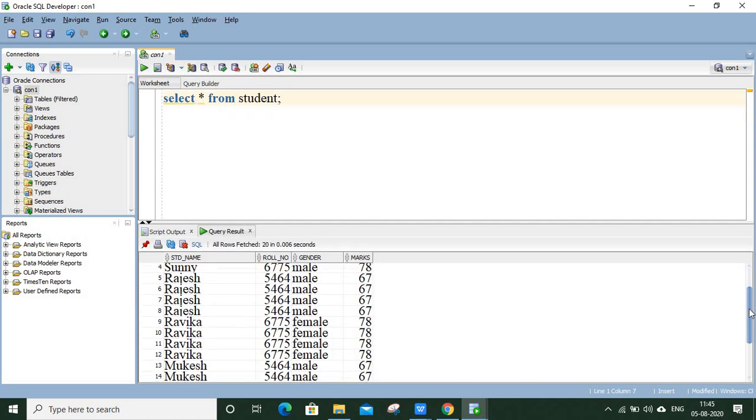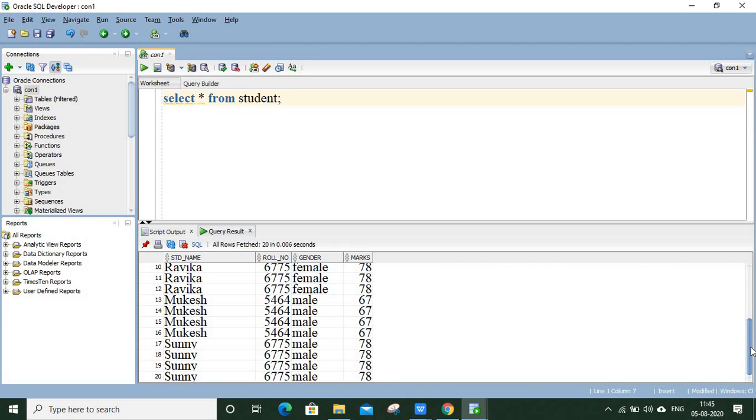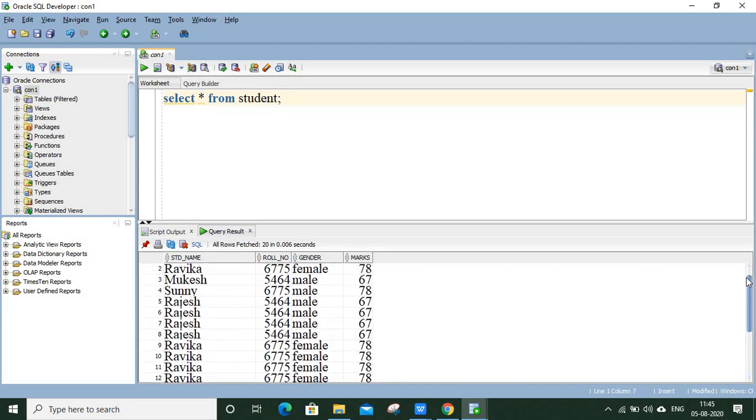Now you can see these are the rows inserted in the table, and see how many times each row is inserted. So that depends basically on the select command that comes after the insert all. Okay, so in this way you can insert multiple rows in a table by using insert all. Okay, thank you.